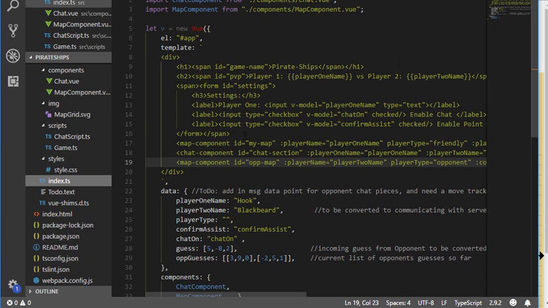Quick tour of my code. We have the index file where we've got the heading section and then the two map sections and a chat section in the middle. The data for this particular